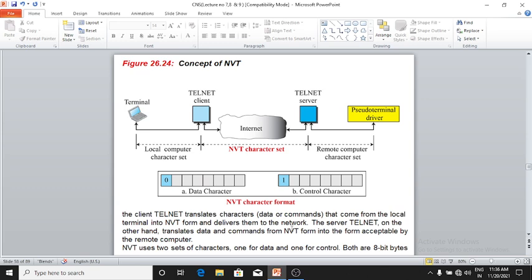The server Telnet, on the other hand, translates data and commands from NVT form into the form acceptable by the remote computer. NVT uses two sets of characters, one for data and one for control. Both are 8 bits. Clear?